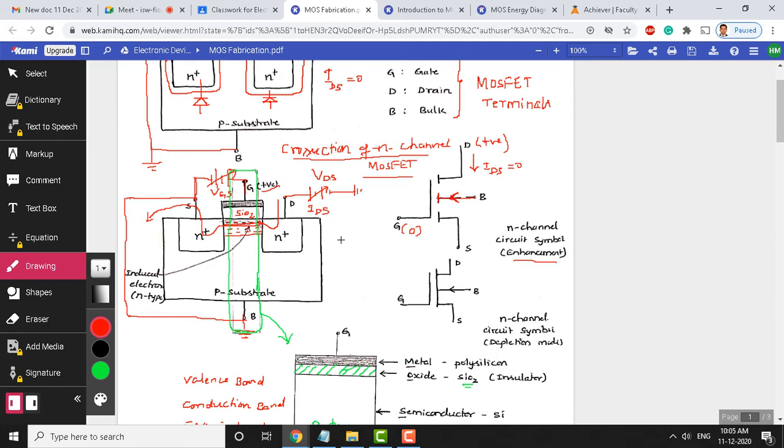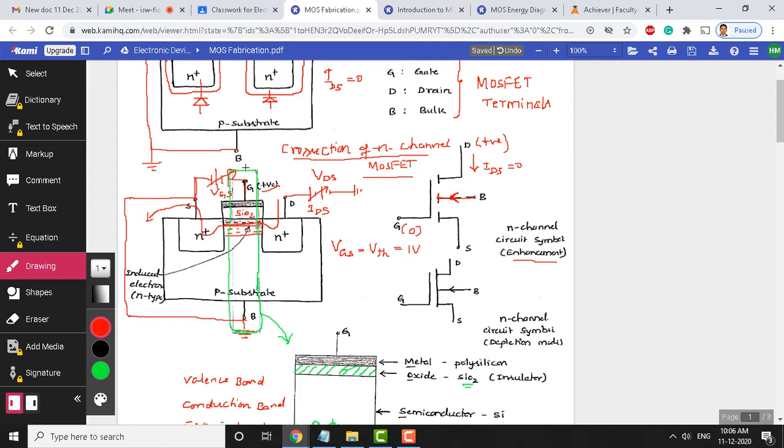Now, the gate to source voltage required for the formation of a channel, or for a channel to be induced here, is called the threshold voltage. So, VGS will become equal to the threshold voltage. VGS can be called the threshold voltage when there is an induced channel here. It is the minimum voltage we need to apply for the channel to be induced. That typically depends on the type of the device. For an N channel, this voltage is typically going to be 1 volt for micrometer technology.